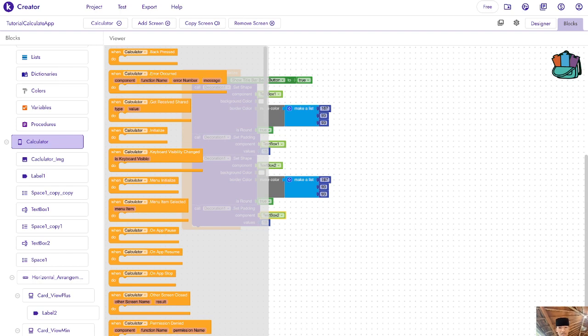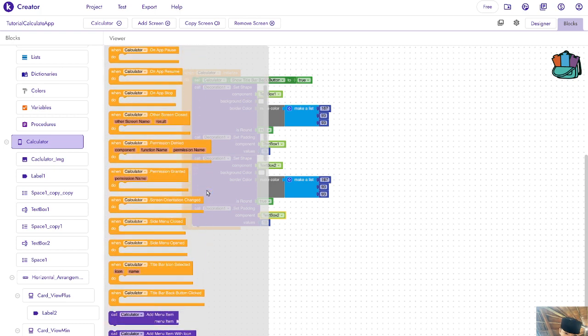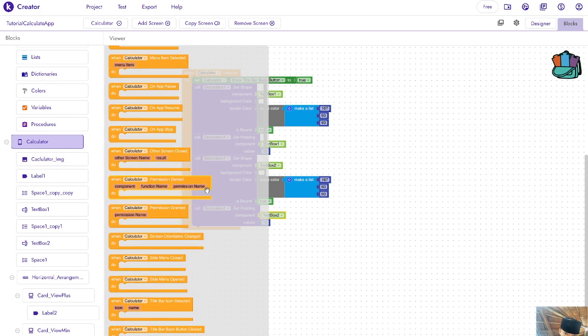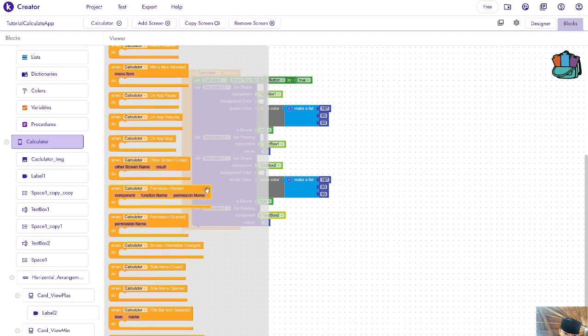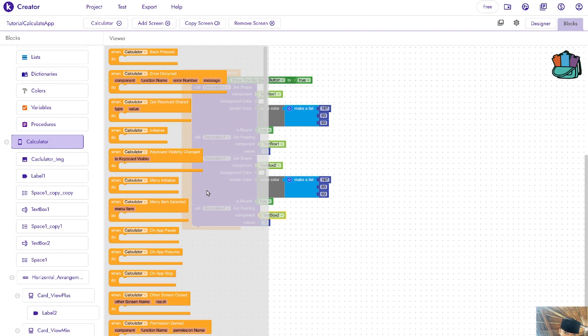Then after that, we're going to put some, wait, here we're going to put some when calculator title bar back button.